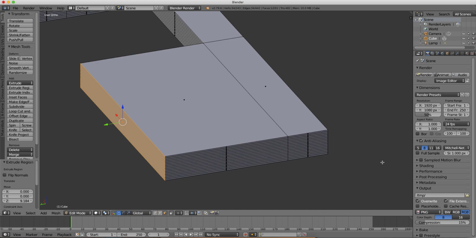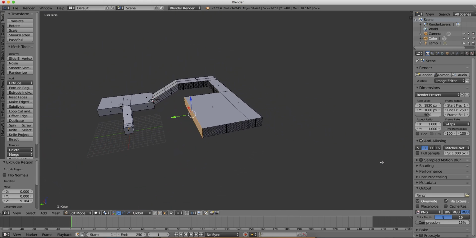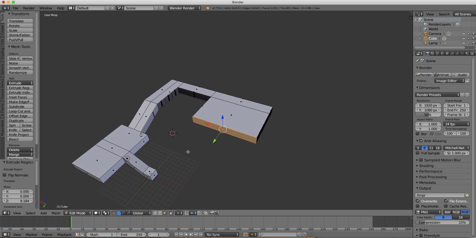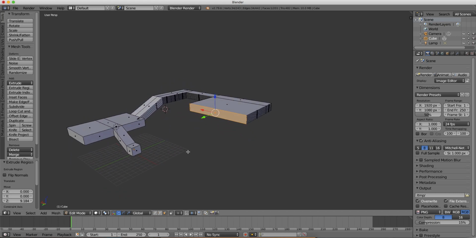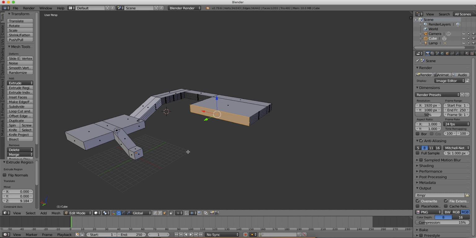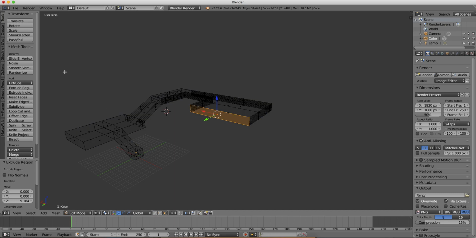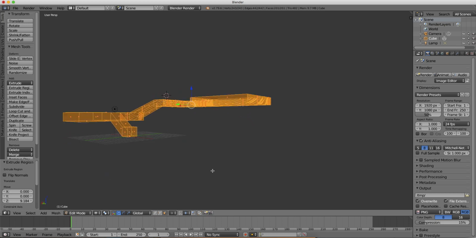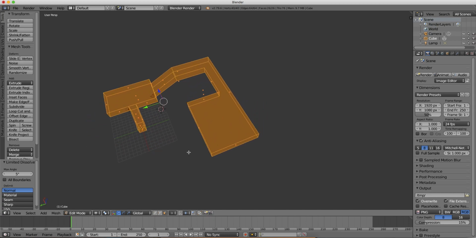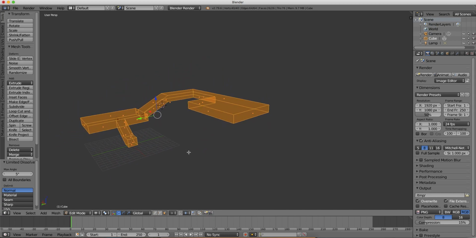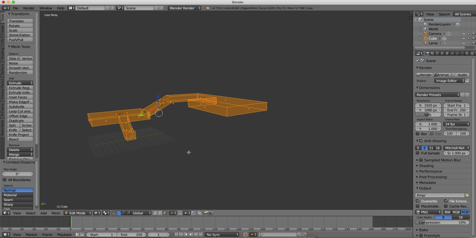I'm going to go out of ortho mode by pressing 5 and take a look at the map that we've created here. So it's basically two large rooms and some hallways connecting them. What we're going to do next is clean up the geometry a little bit more. I'm going to go Z to wireframe mode and B, box select the entire mesh that's in edit mode. Now we're going to go down here to Mesh, Clean Up, and run the limited dissolve on it. That's cleaned up the mesh considerably. We're going to go back out of wireframe mode by pressing Z,